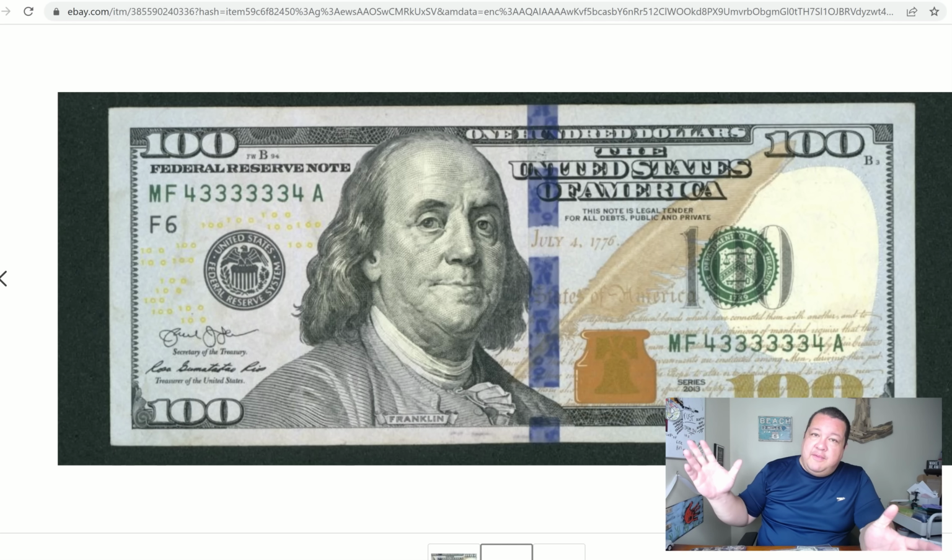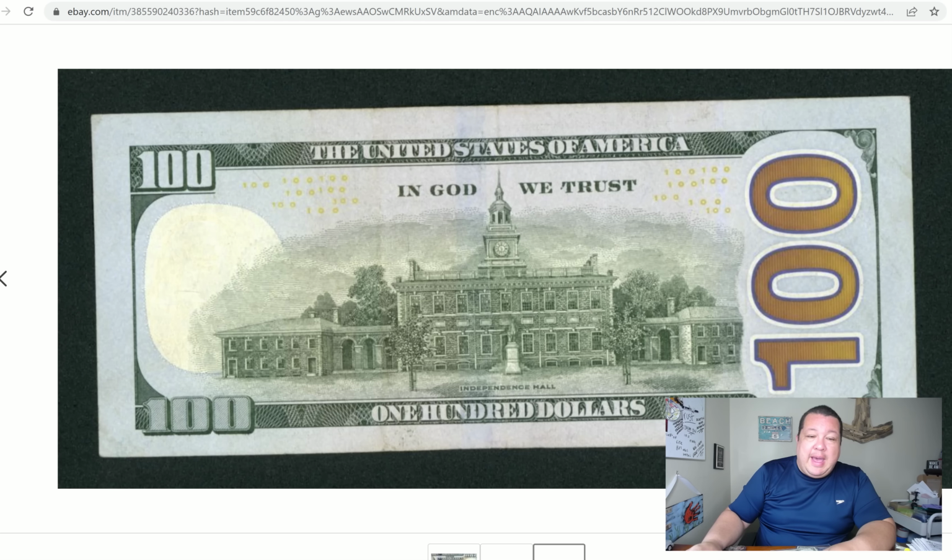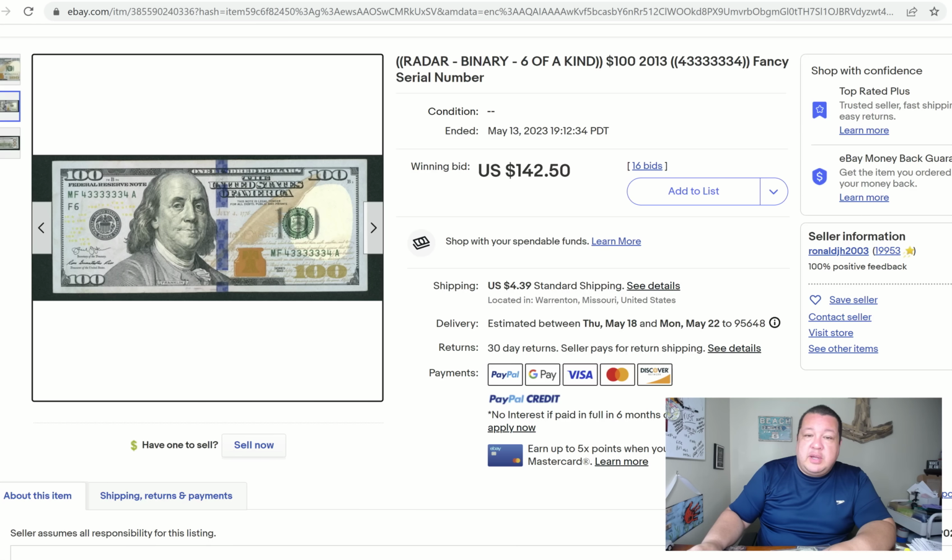Coming up next, speaking of high denominations, we have this $100 bill, but check out that serial number pattern. Fours and threes, so it's a binary, it's a radar, but because you have six of a kind of a number in the middle with bookend single digits that are the same, they are calling this a super radar. It's one of the more well-collected serial number patterns. And even on said $100 bill, which looks to be in pretty good shape, although I can tell it's circulated a little bit. It's got some soiling along the margins there. There's a little bit of a back image there with the centerfold. This particular one sold for